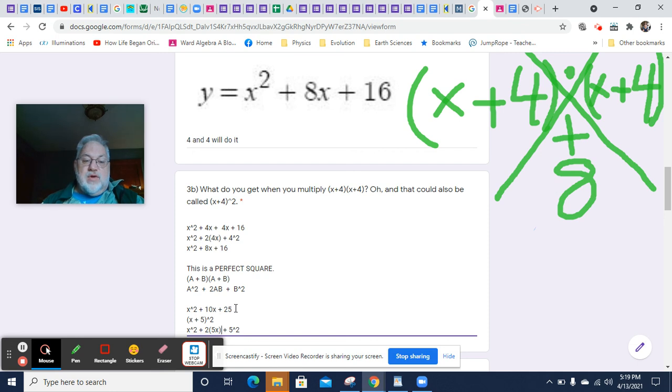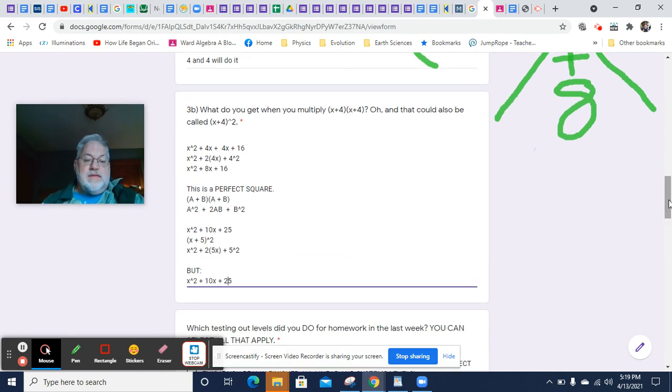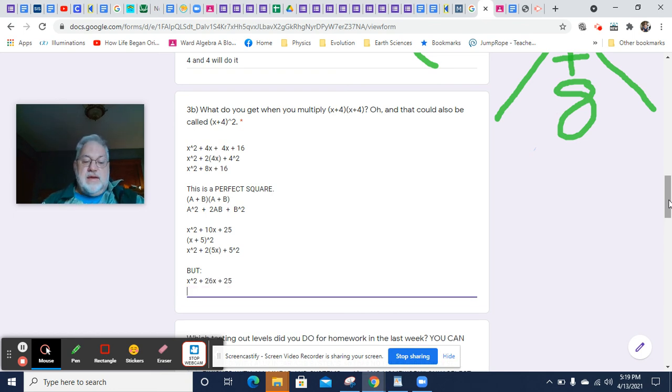Now, of course, if I had x squared plus 10x plus 25, and instead I had, let me show you, scroll down a little bit, if I had not that, but I had 26, well, that's just going to be x plus 1 times x plus 25. That is not a perfect square. So you have to check this middle part and see if it fits the 2 times ab structure. There'll be more on this. Don't worry if you didn't fully get that, but I wanted to let you know about all that because that's coming up. I hope this was